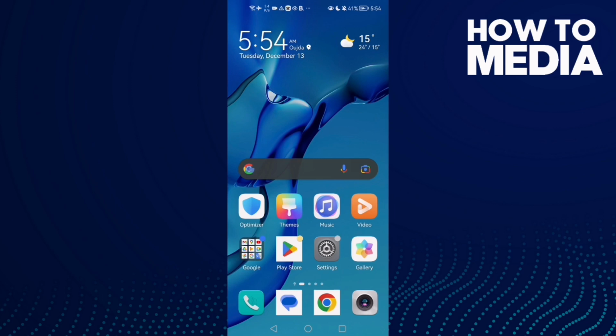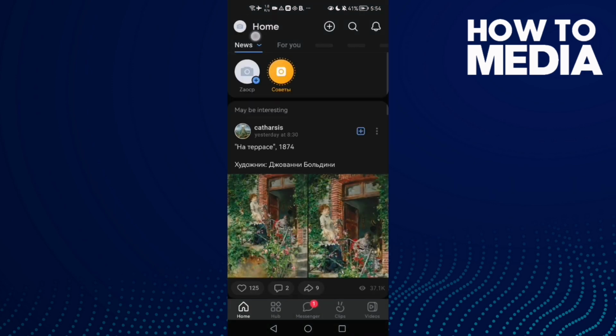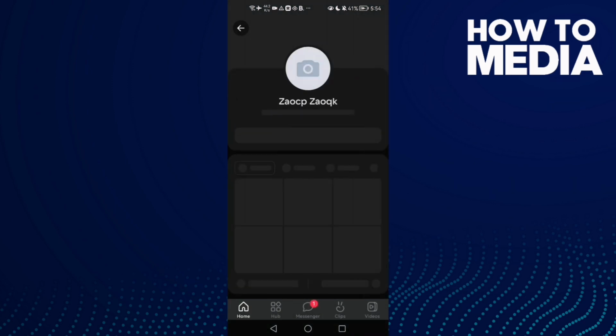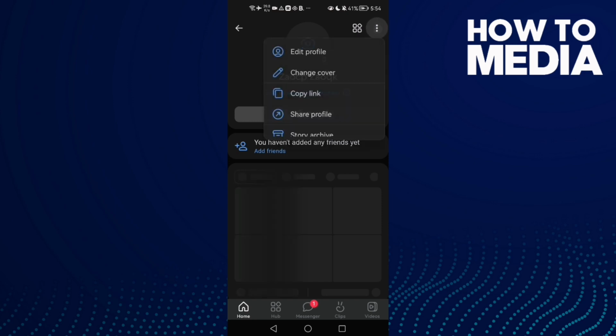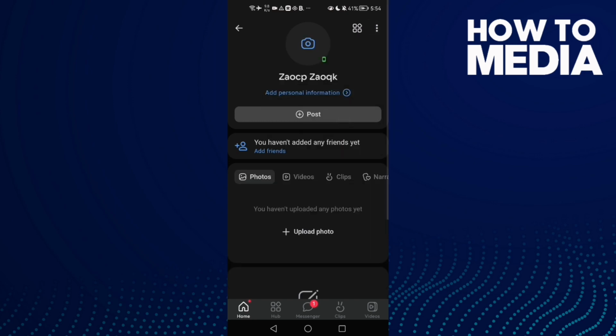How to find mini app notifications settings on VK on an Android or iOS phone. First, open VK and then click on your profile here, and once you're here, just click these three points and now click share profile,